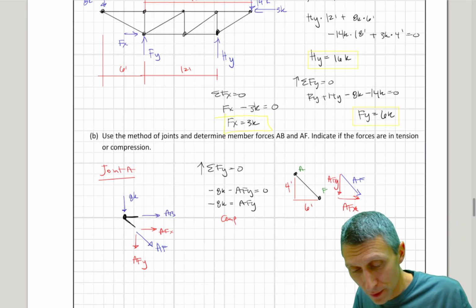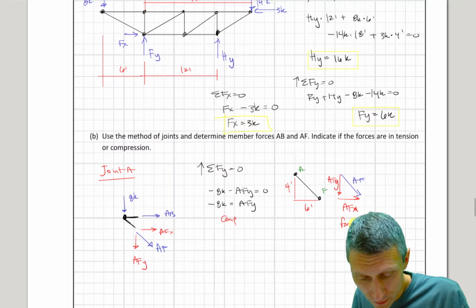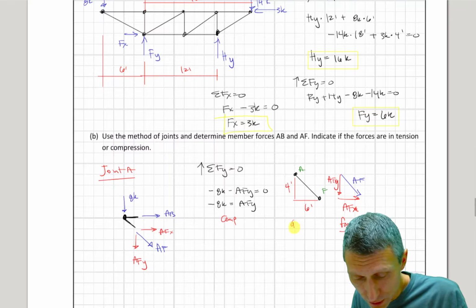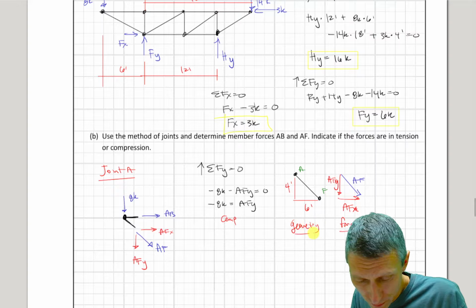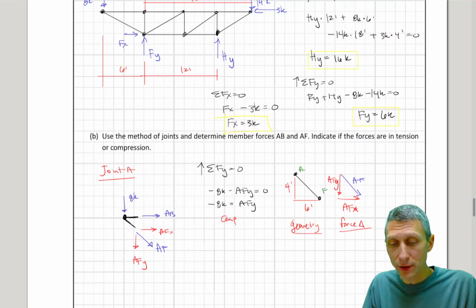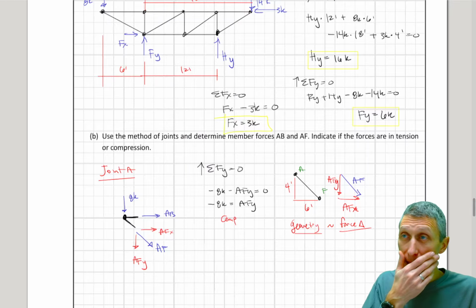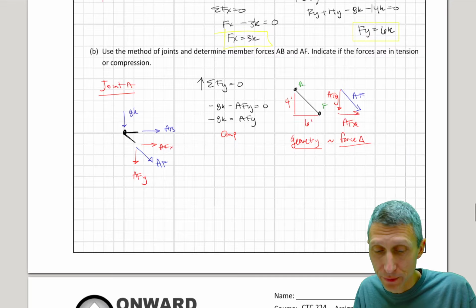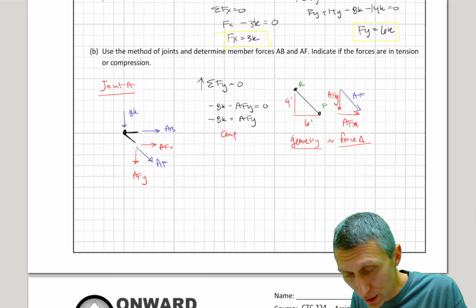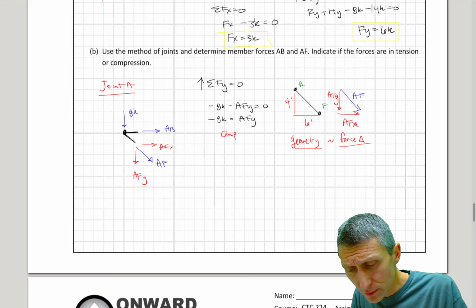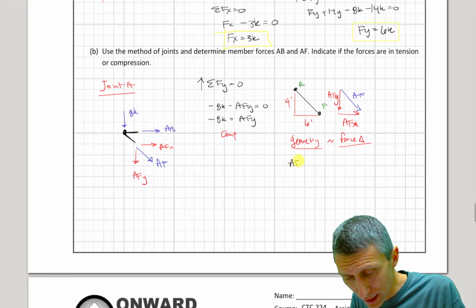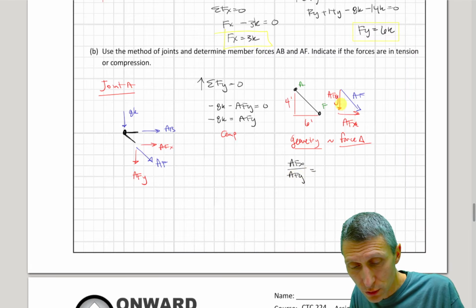So here's my force triangle, and here's my geometry triangle, and they're going to be similar. If they're similar, that allows us to solve something here. I can say AFX divided by AFY equals, the x over the y means 6 over 4. So when I solve this out, I'm going to get AFX equals 6 over